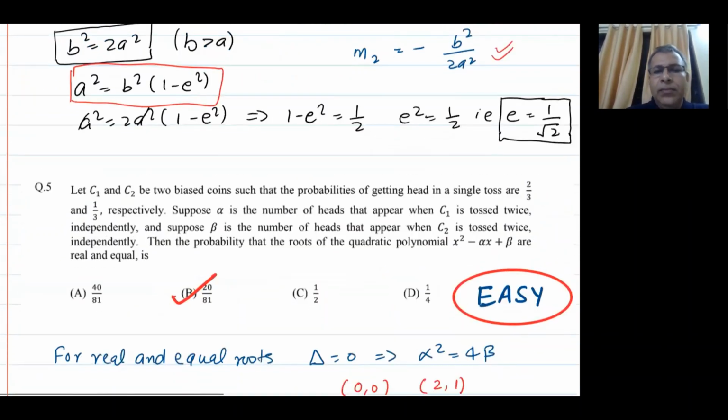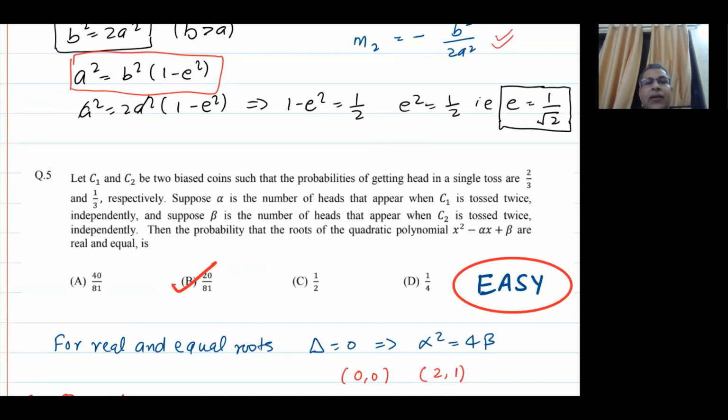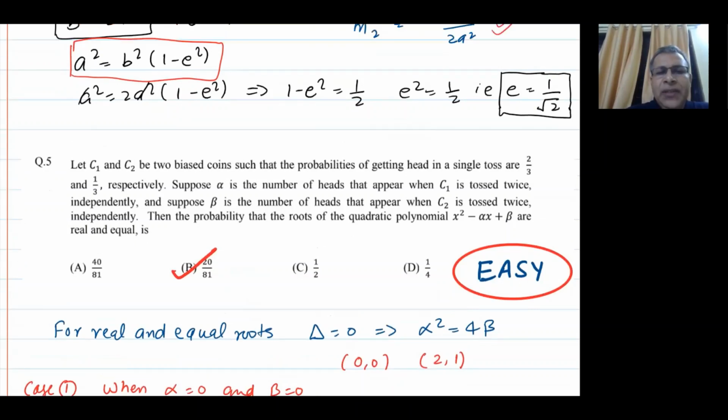Now, in fact, in conic section we had done a lot of good questions, right? So question number 5. Question number 5 is, let C1 and C2 be two biased coins such that the probabilities of getting head in a single toss are 2 by 3 and 1 by 3 respectively. Suppose alpha is the number of heads that appears when C1 is tossed twice independently, and suppose beta is